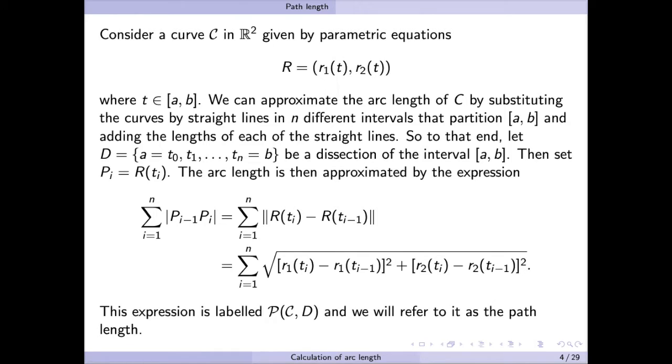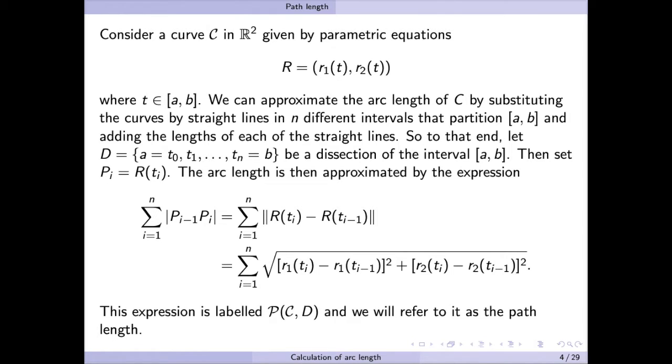We now introduce the concept of the path length of a curve that has a particular parameterization. So the path length is an approximation to the arc length of a curve by dividing it up into a certain finite number of pieces, and then within each of those intervals we approximate the curve using straight lines. The final step is then to just add up the lengths of all these straight lines and call that our approximation of the arc length. This is obviously a very standard approach in calculus. You start with an approximation and then you make it better and better until you eventually get to the true value using something that is very similar to a limit, or in this case the supremum of a set.